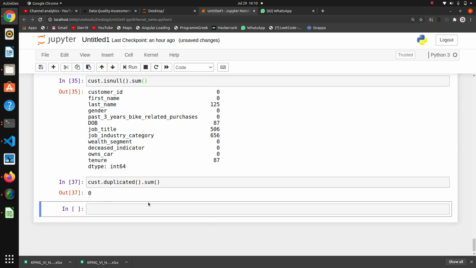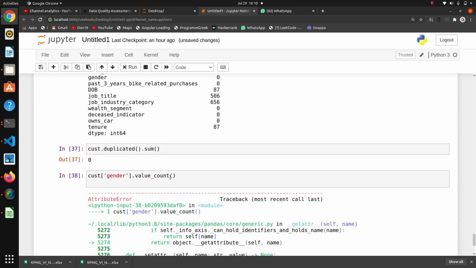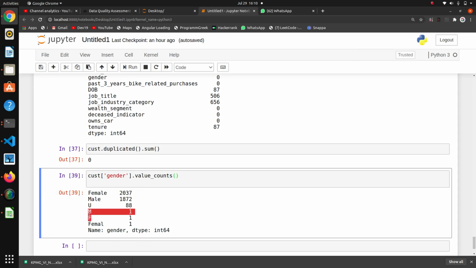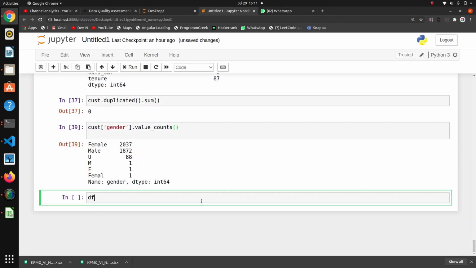Now we will explore the gender column. Gender dot value counts. I think here we will need counts. So here we have female, male, u, and f, m. So I want to merge this f and m into female and male. So for that I will write df, sorry, not df, cust of